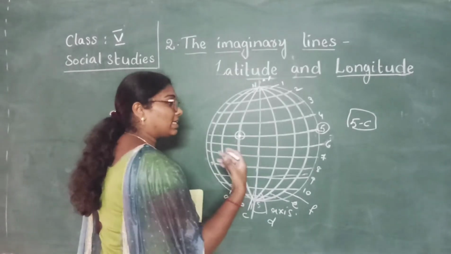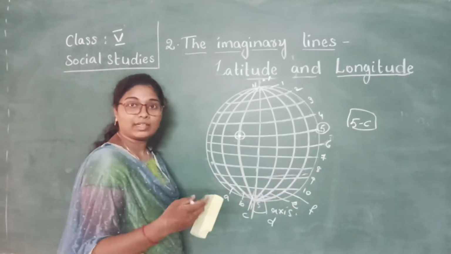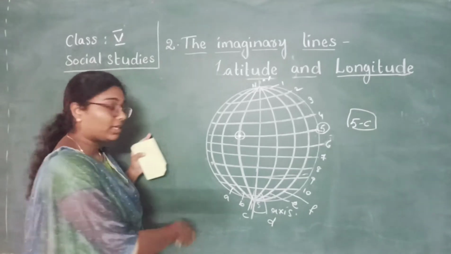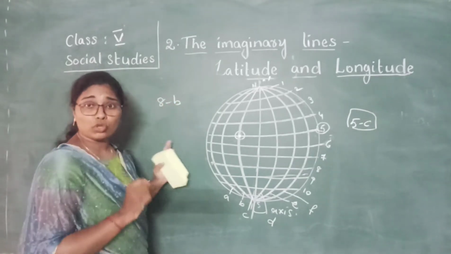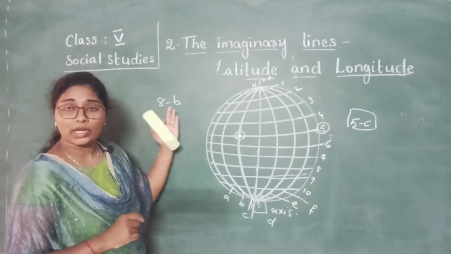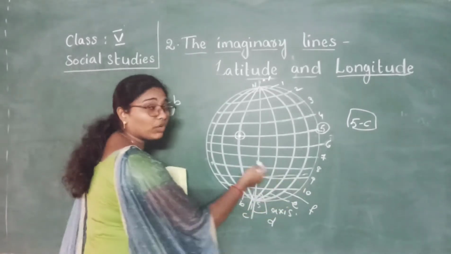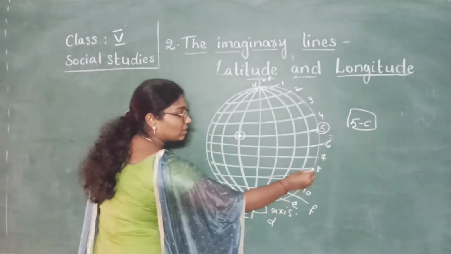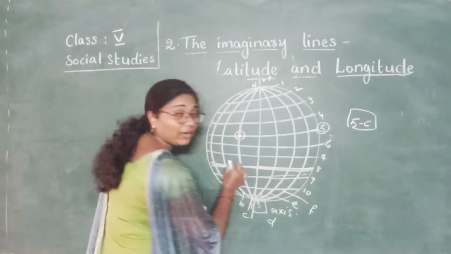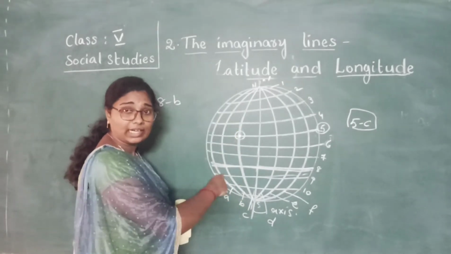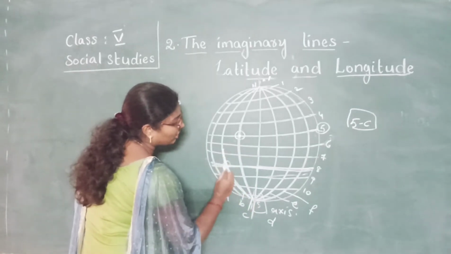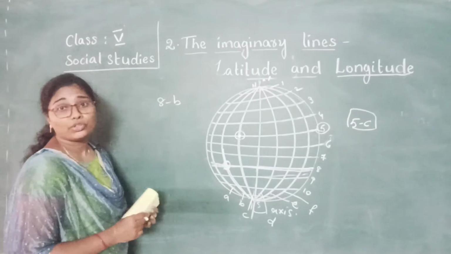Right. So let us take some other example like 8B. So I gave you the address. I want you to go to 8B point. Now you have to join these two lines. So 8 is latitude and B is longitude. So you have to intersect these two lines like this. So this is the line that you have to find, and you have to intersect this 8 line with B, like this. So this is the point you are going to find now.